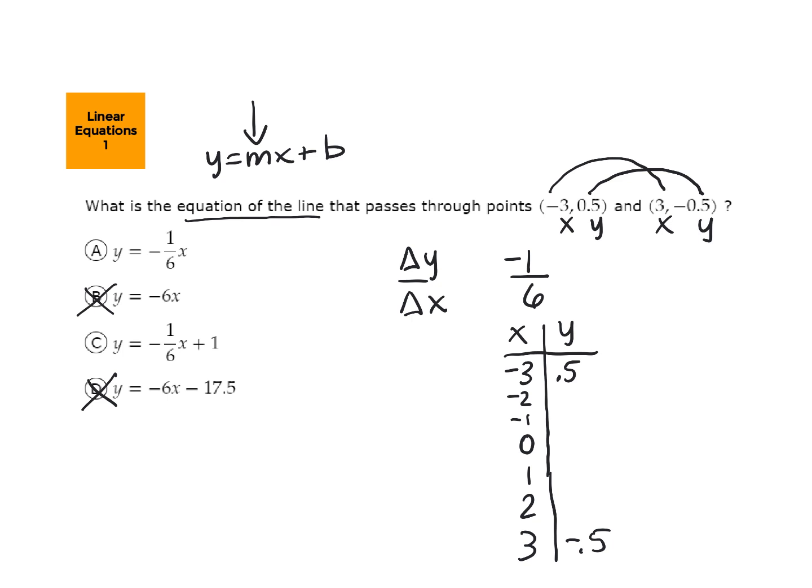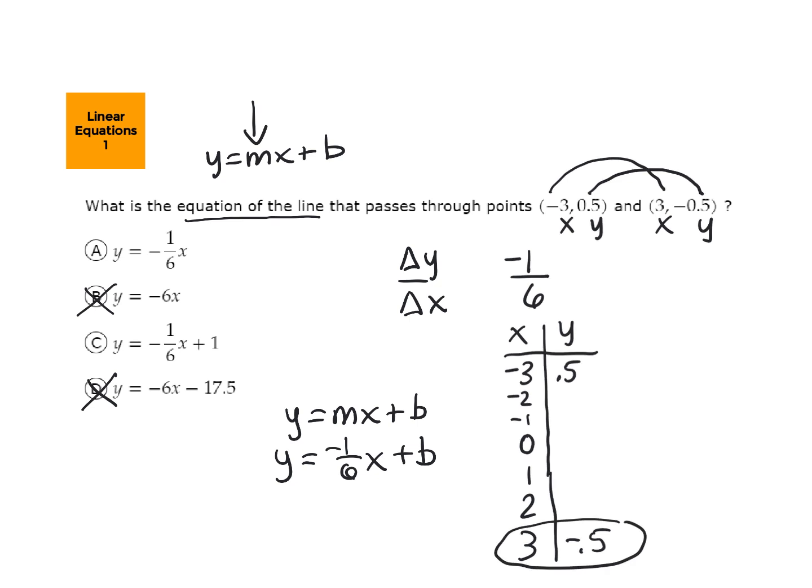Let's use our base equation instead. So let's take our y equals mx plus b. And we know our slope is -1/6, so let's do -1/6 x plus b. And let's just pick a point to plug in. So I would pick my +3 and -1/2. So we'd say, okay, y is -1/2 or -0.5, and our x is +3, so -1/6 times 3 over 1 plus b. Then we're just multiplying across. So -1 times 3 is -3, 6 times 1 is 6. So you've got -0.5 equals